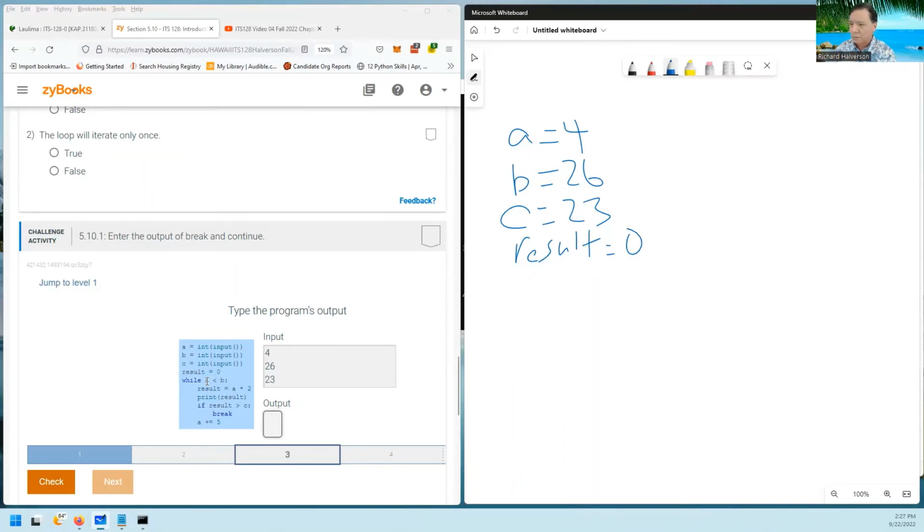While 4 is less than 26, the result now equals A times 2, so 4 times 2 is 8, and then I'm going to print 8,